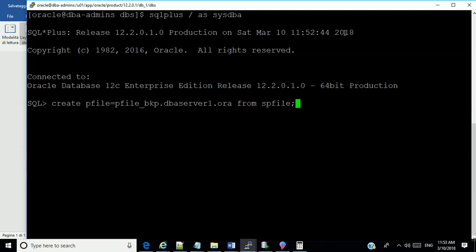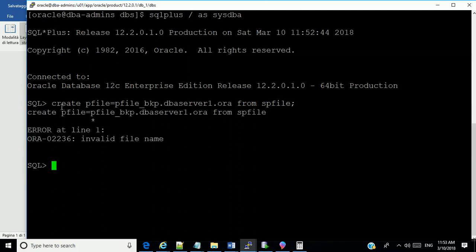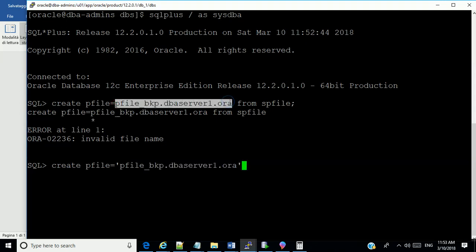It's going to give me an error here. Why? Because it has to be a string. I have to put it between single quotes so that it's recognized as a string.